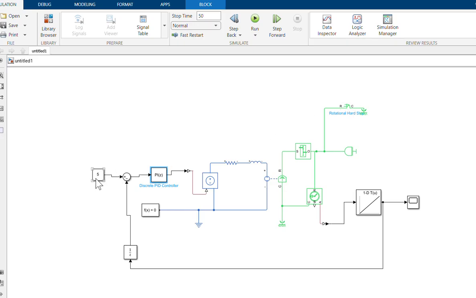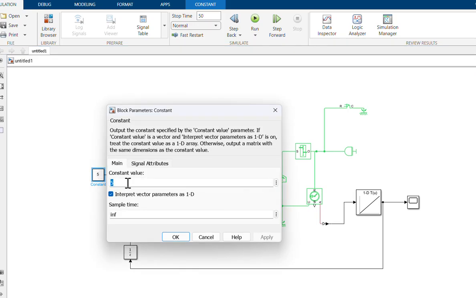and what we're going to adjust, we just change the constant value. It is our speed needed.